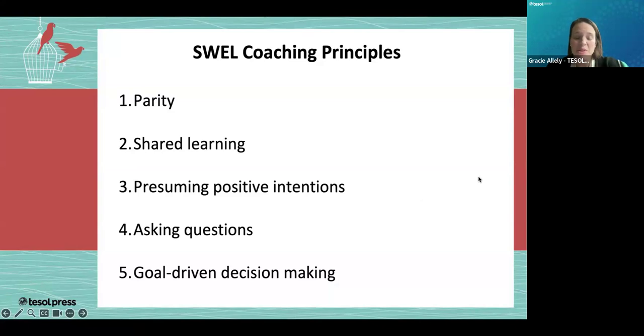This is fabulous. And this is one of the biggest and unexpected feedback pieces we've gotten from our SWELL coaches, is that they recognize that their expertise is being recognized in the building. Some of them would say previously they felt like they were just seen as an aide, but now in this role of SWELL coach, they're getting more of that parity and being seen as having that expertise to share. I see shared learning, ESOL teachers sharing, the strong connection that was echoed, exactly, goal-driven decision-making.